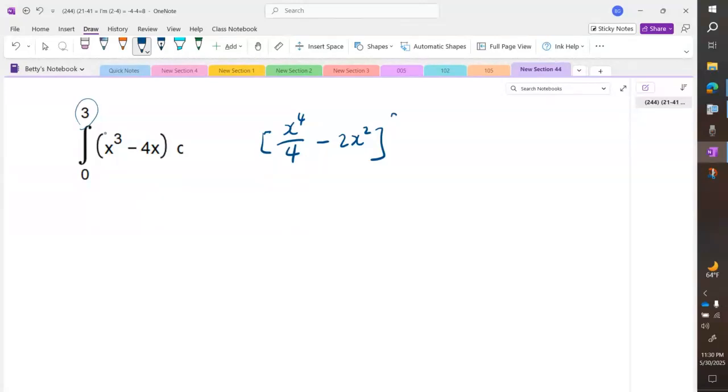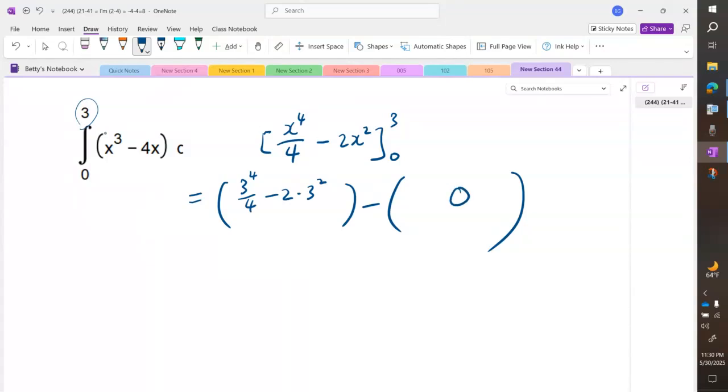And you put the upper limit here, lower limit here, right? And then you do a parenthesis minus parenthesis. Inside the first parenthesis, you plug in 3. Second parenthesis, you plug in 0. We like 0 because it's just 0. So now we have